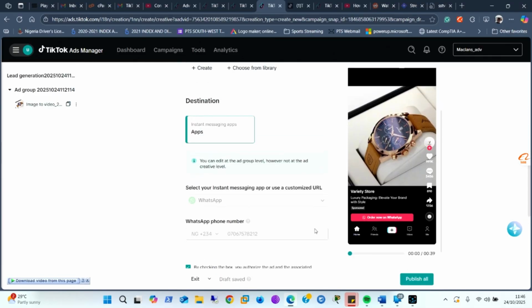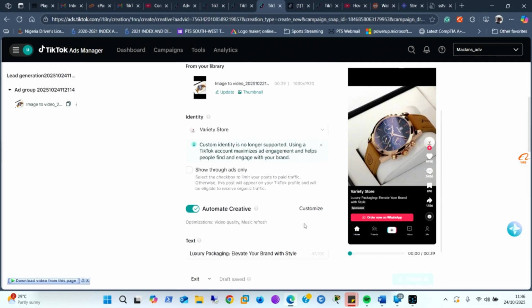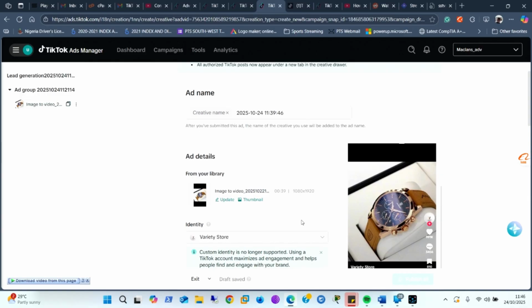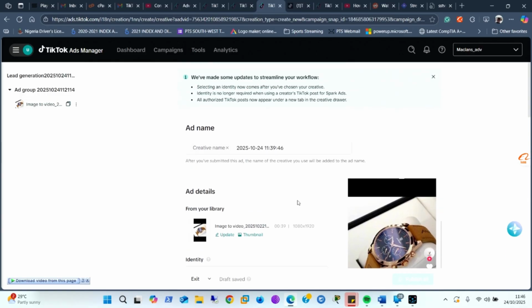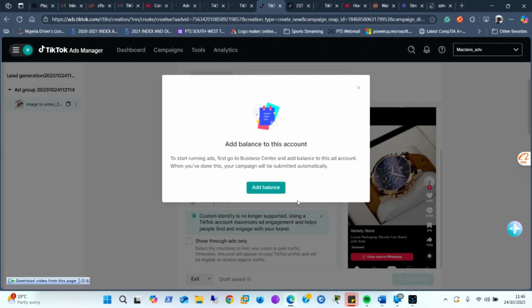But because there are no funds in this ads manager, if I click to publish, if there is no error, it will ask me to fund the account. But if there is an error, it will indicate there is an error. So the ad is fine and is ready to be published. So I guess